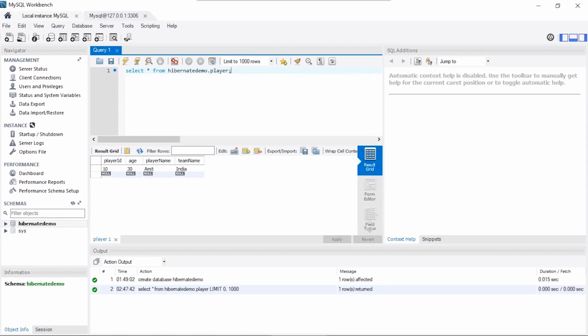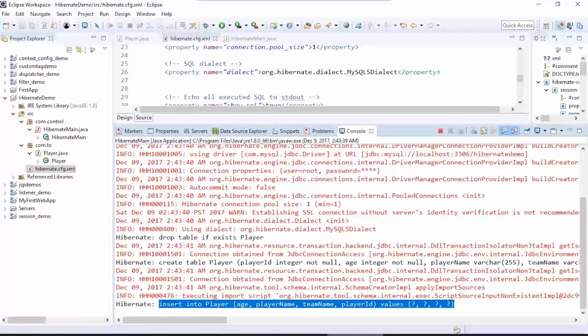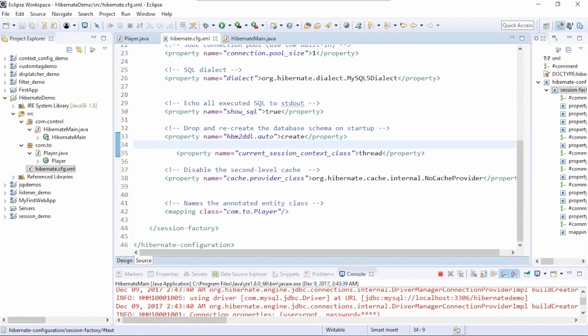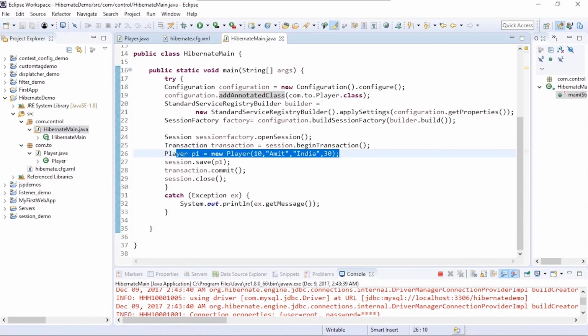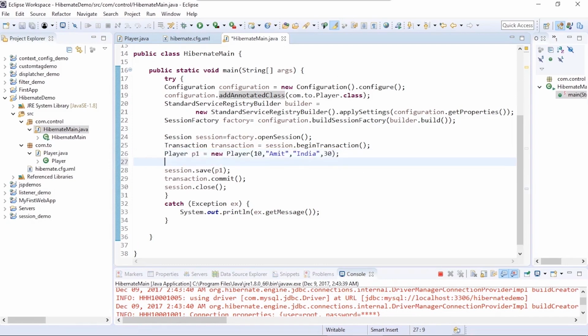Let's try with an additional record. Save this, come here, and let us add another player.